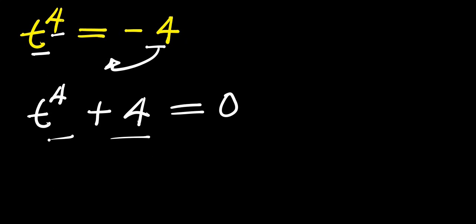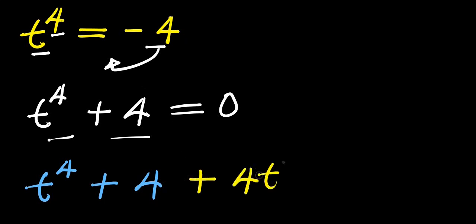So look at it here. I can have t to the power of 4 plus 4. This is what we have right now. Then I can decide to add plus 4t squared. Then I subtract the same 4t squared